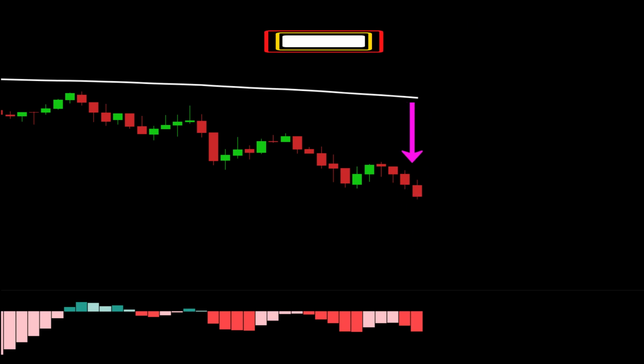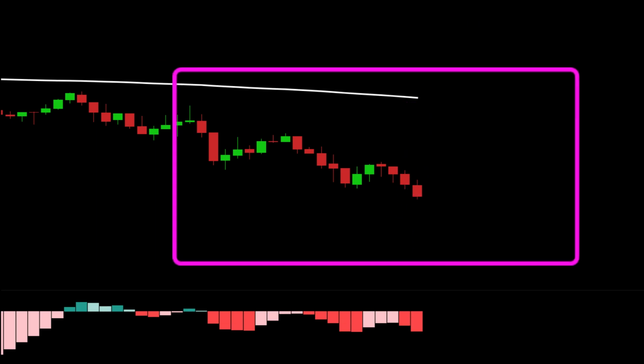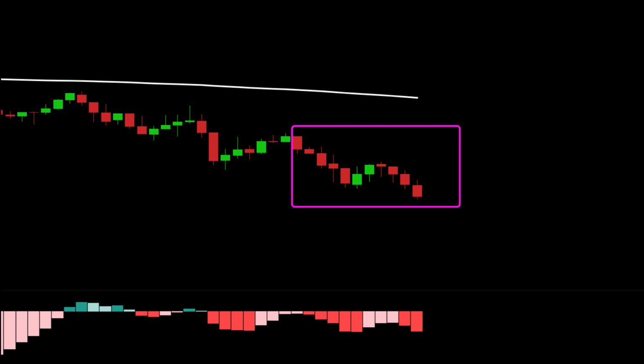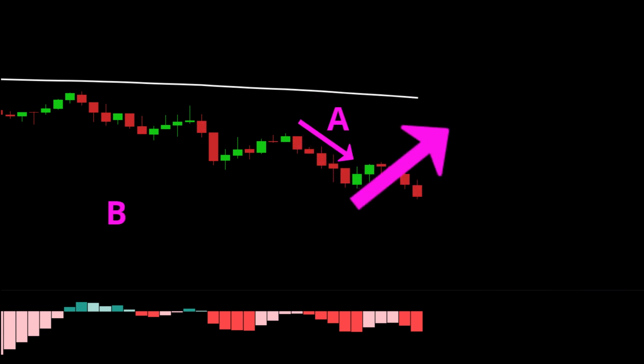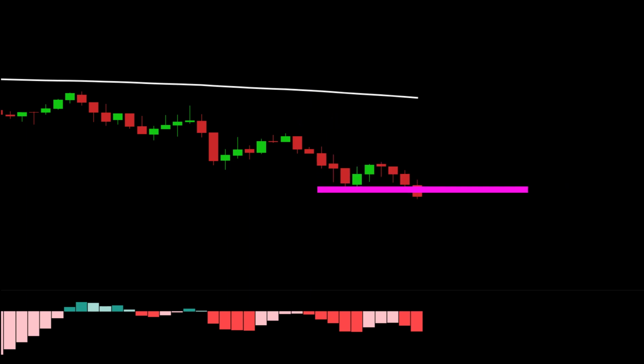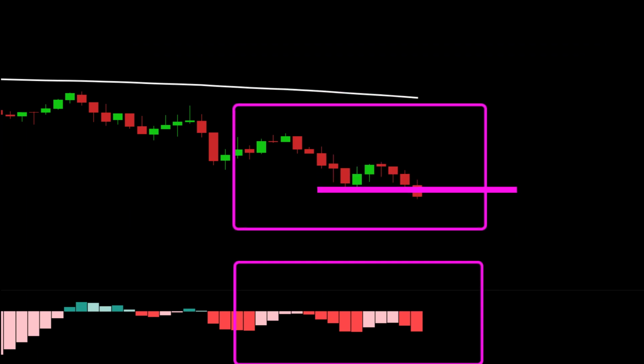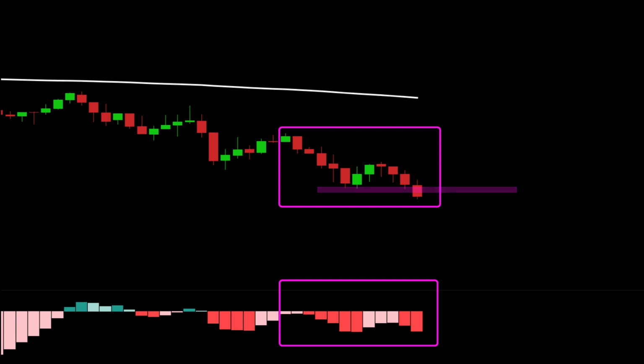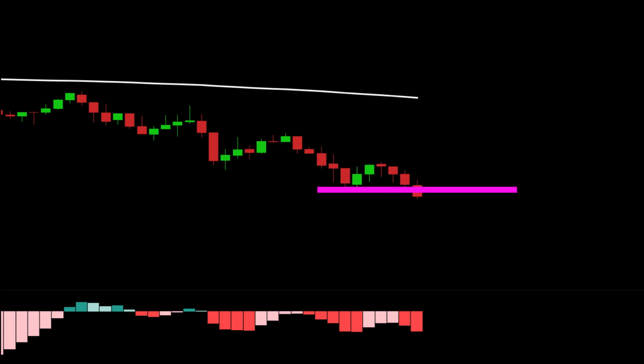First, price is below the 200 EMA. Next, we can see a clear ABC pattern. We have the A leg, B leg, and a C leg. Next, price moves below the A leg while the MACD histogram is red for the whole pattern. Enter when price moves below the A leg while the MACD is below the zero line. All of the rules converge on this candle and it acts as our trigger.